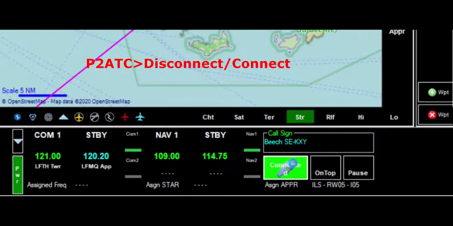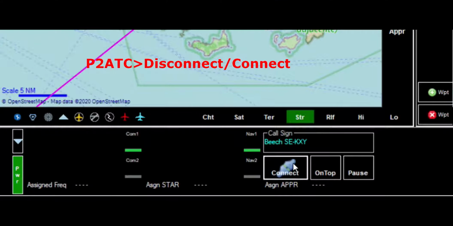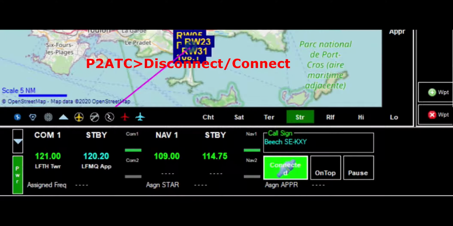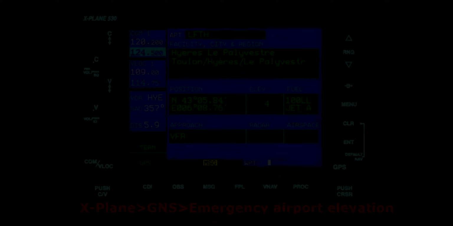At this stage, I need to disconnect and reconnect Pilot 2 ATC. This sounds not logical, but I found that in my case, the procedure works much more smoothly by doing so.